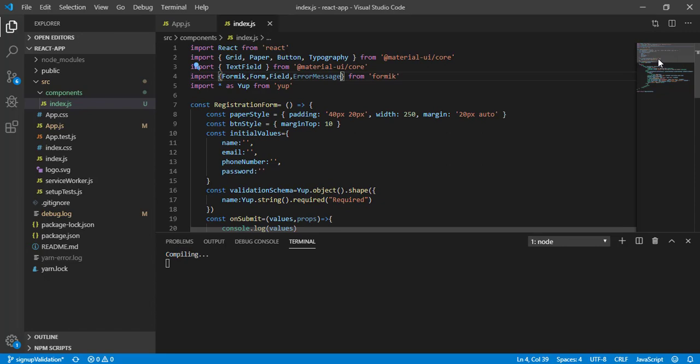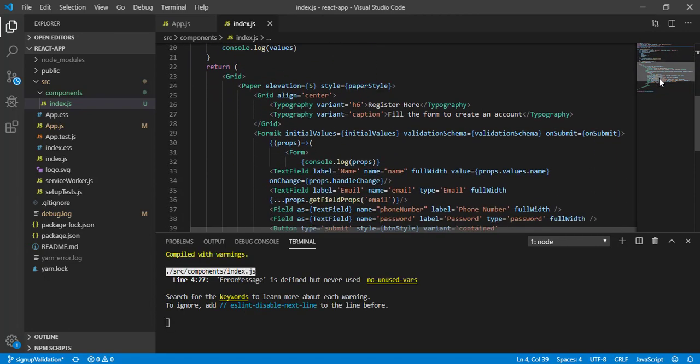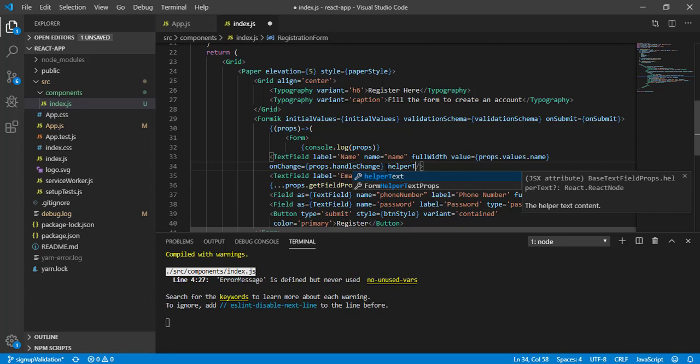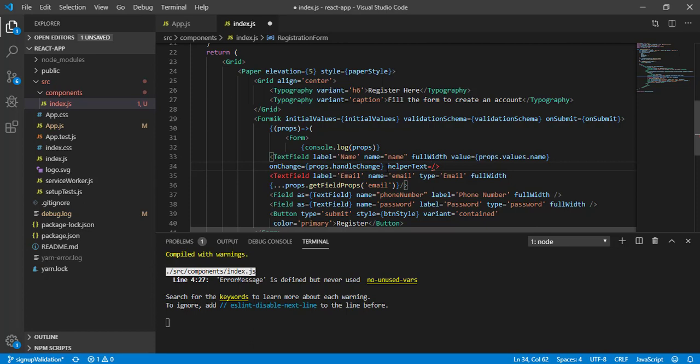And here let's come to the component, the input box, and here I will write helperText. This helperText is going to take a component.